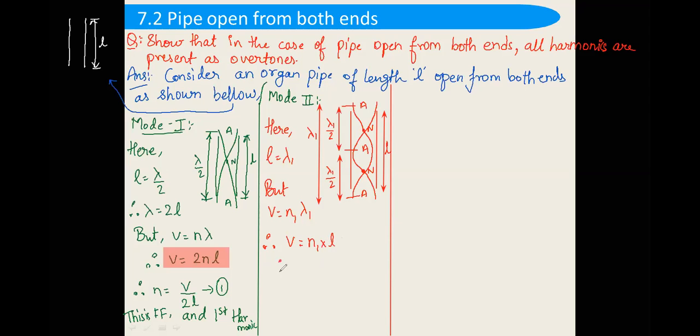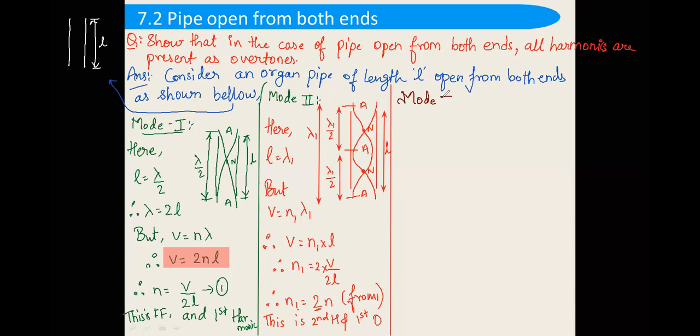So what is the value of N1? N1 is equal to V divided by L. So we have to adjust this 2. We have to multiply numerator and denominator by 2. So what we'll be getting is N1 equal to 2 into N. This is from equation 1. So you can say that this is 2 multiplied by the fundamental frequency. So this is the second harmonic, and this notation 1 represents the overtone, the first overtone. This is the second harmonic and first overtone. I hope you are getting all these things.